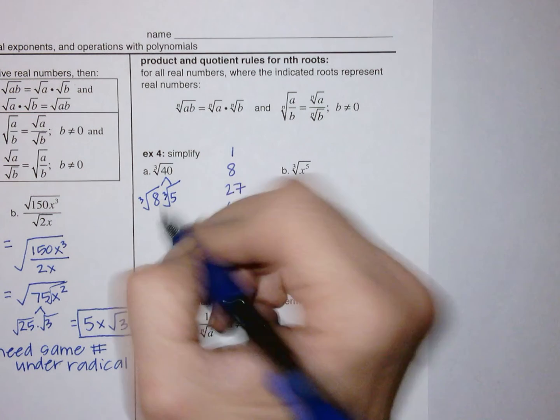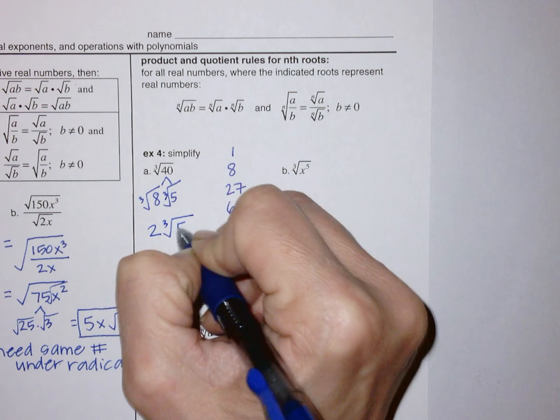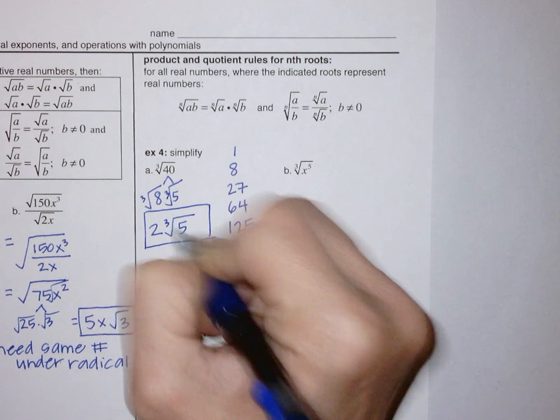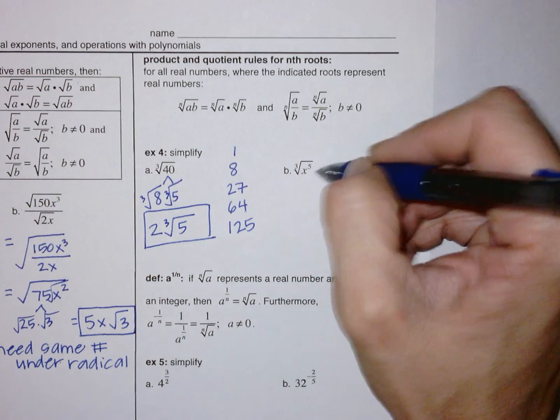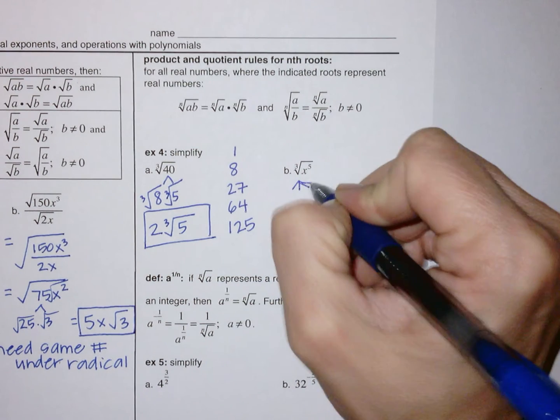The cube root of 8 is 2. I cannot get 3 of a kind out of 5, so this is my answer. Very important to have that 3 there. Over here on this one, though, most students will approach it with the factor tree, so I'm going to show